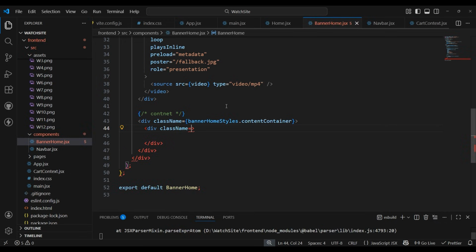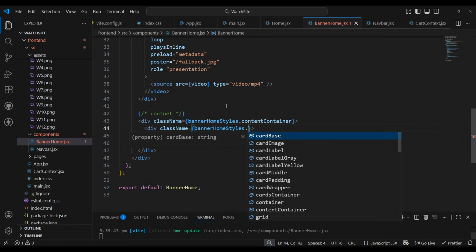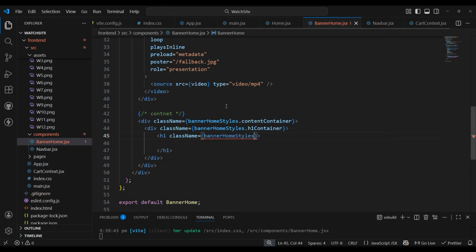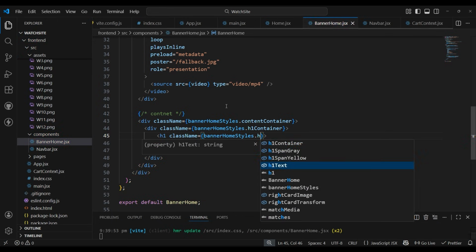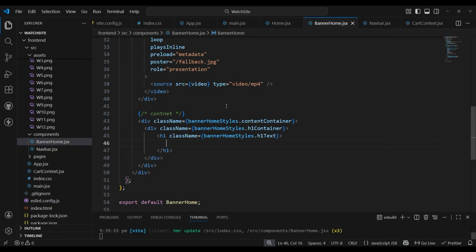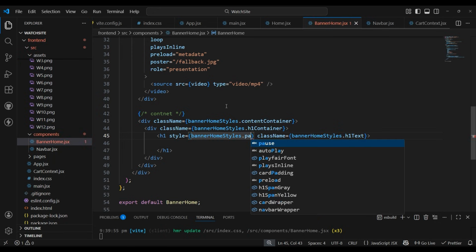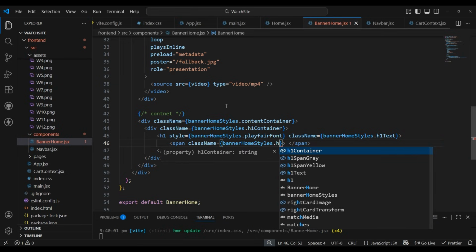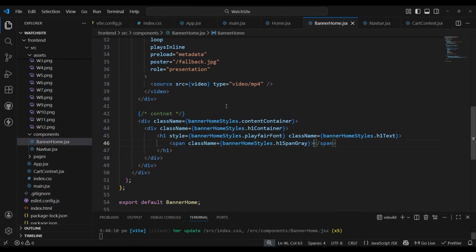Now let's give here the class name as bannerHomeStyles dot h1Container, then an h1 tag, and let's give the class name to this heading tag, it will be bannerHomeStyles dot h1Text. And now inside this, let's give the text first, let's give the style also, that is the bannerHomeStyles dot, it will be our playfair font, then a span tag and a class name. Here it will be again the bannerHomeStyles dot h1SpanGray, and inside this pass here